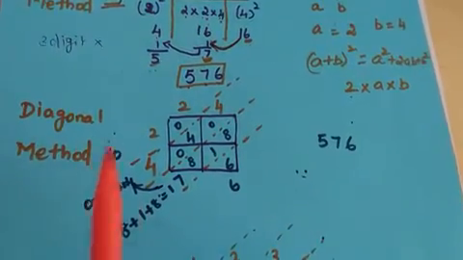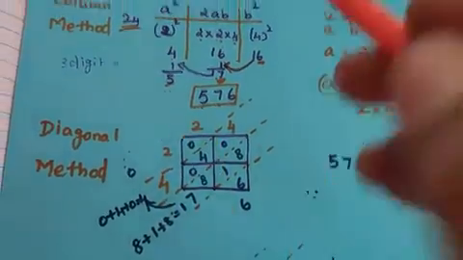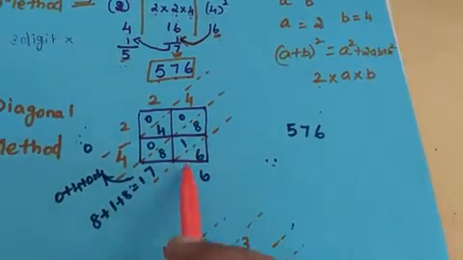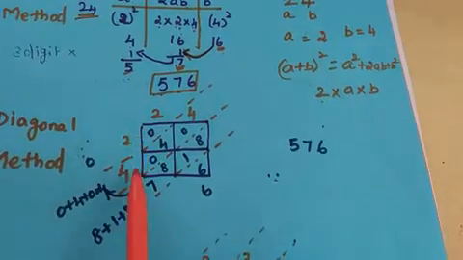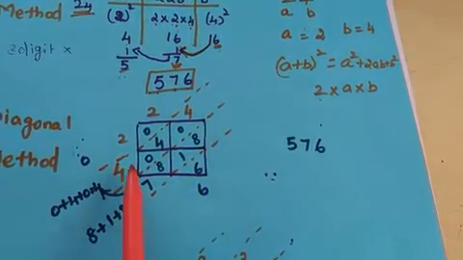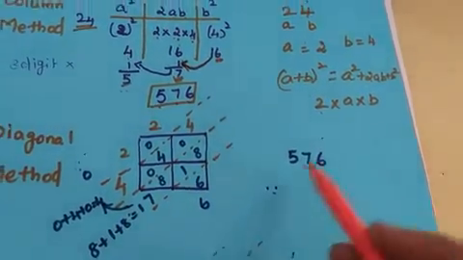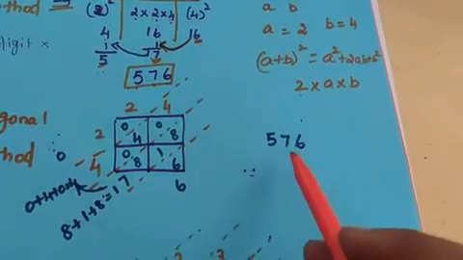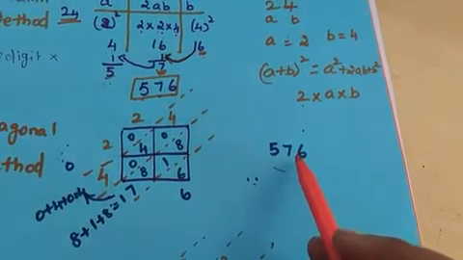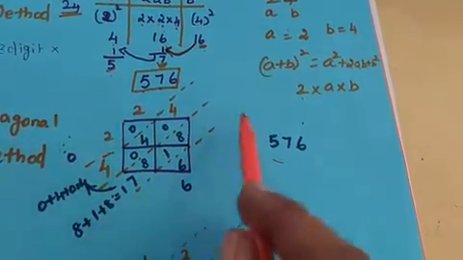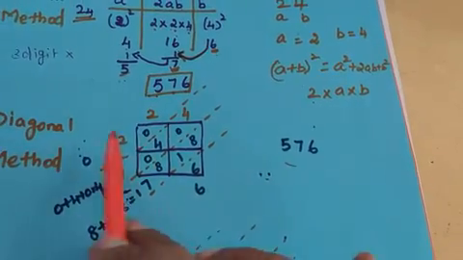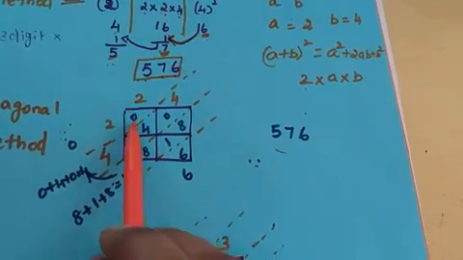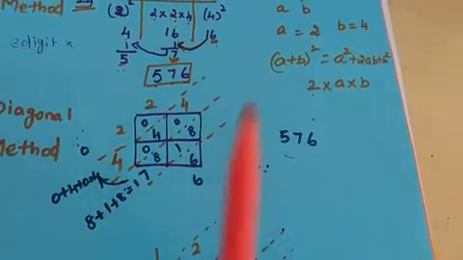If it is a 2-digit number, here I had taken the same number 24. So a 2-digit number means you have to make a 2 by 2 column, that is, the square should be made 2 by 2. If it is a 3-digit number, suppose 576, the answer is 576. Suppose you have to find the square of this one, 576. A 3-digit number means then a 3 by 3 matrix should be made. The square will be made 3 by 3. So here only 2 numbers are there, so I made the 2 by 2 square.